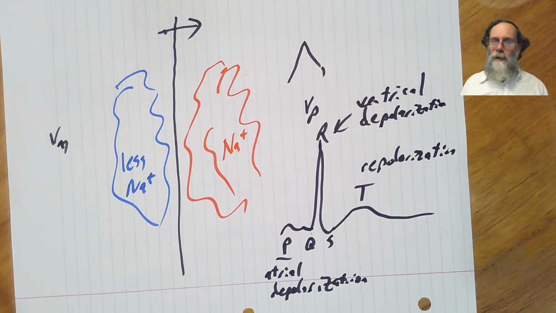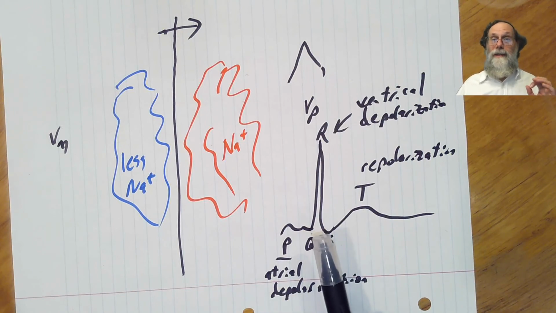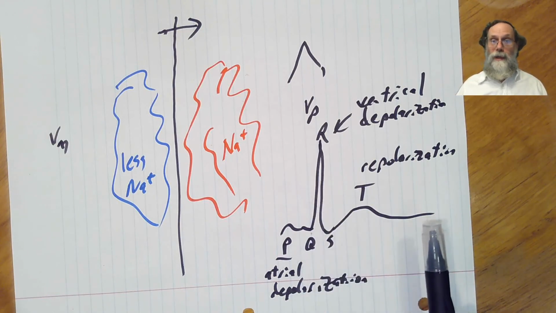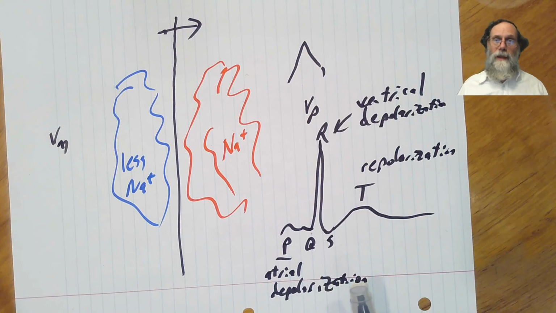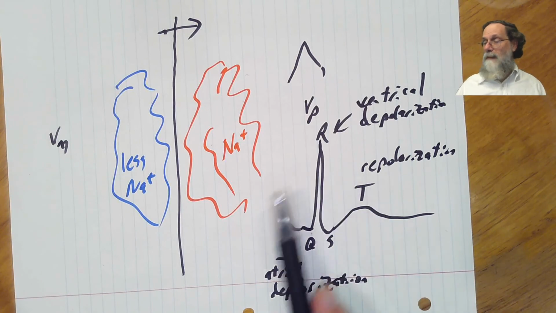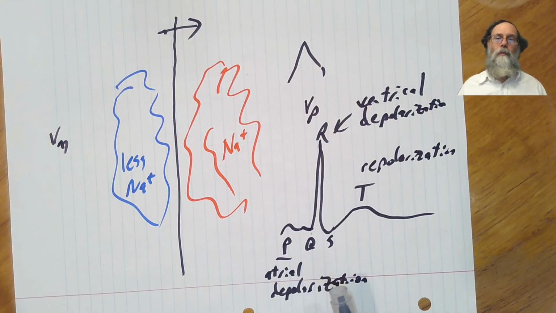For purposes of this course, it's enough to have the vague understanding that the P wave is the atrial depolarization, the R spike is the ventricle depolarization, or actually the whole QRS complex is, and the T is the repolarization. That's probably about all you'll be able to see in this crude one-channel EKG you'll be doing, but it's enough to get a fair interpretation of whether or not your heart's beating, how fast it's beating, and the basic shape of which way the depolarization wave is moving in your heart. And that's enough for this course.